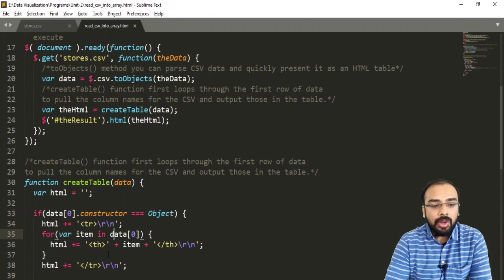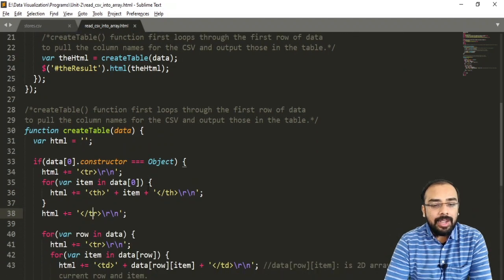After all the headers are added, we need to go to our next line and add a table row, because the first row will store all the headings. Here I have taken the heading, ended the heading over here, and here I have ended my table row. By using this code, your first row will be created, which will store all the columns present inside our file. Now we need to add the records inside these columns.